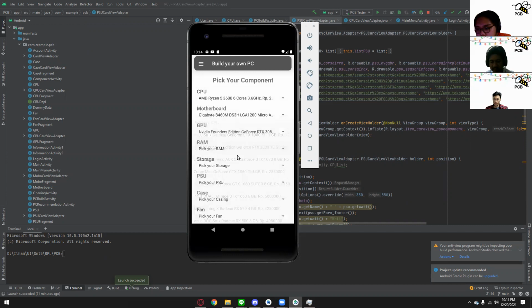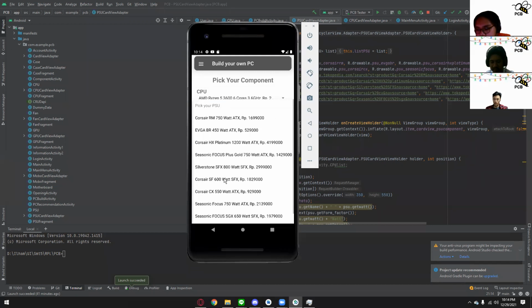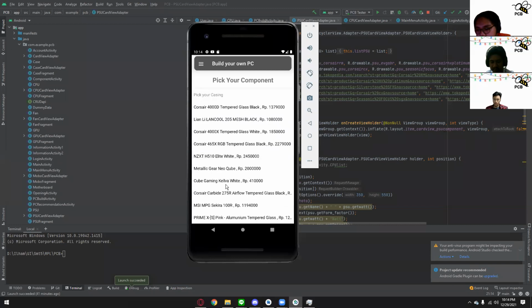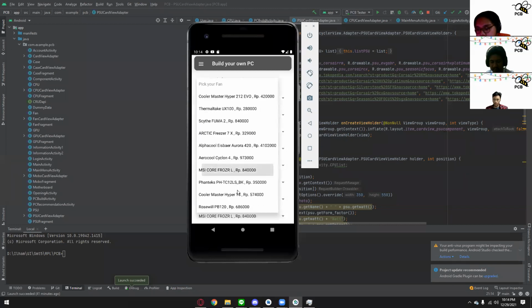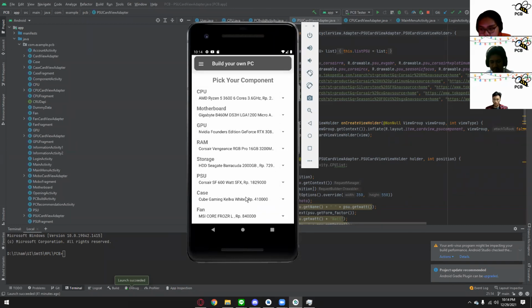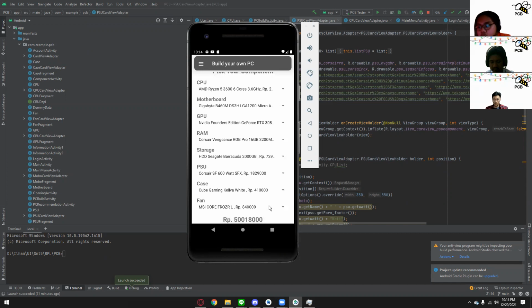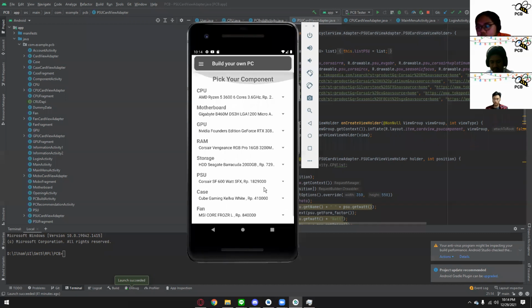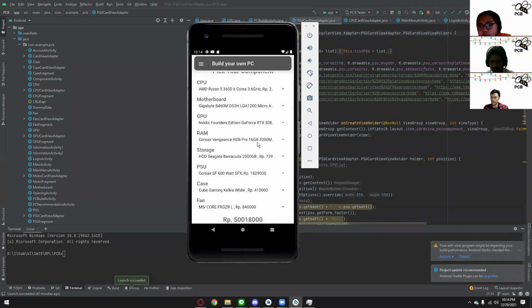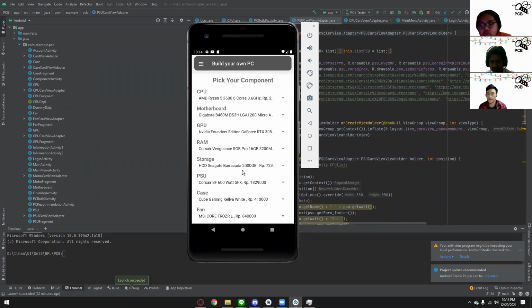Next is GPU, RAM, storage, power supply, case, and also fan. Okay, now we have picked all of the components, and at the bottom of the page there's the total price of all the components that we picked. So it will help the user to sum up all the prices of the components that the user has chosen. Okay, now we are going back to the main menu.